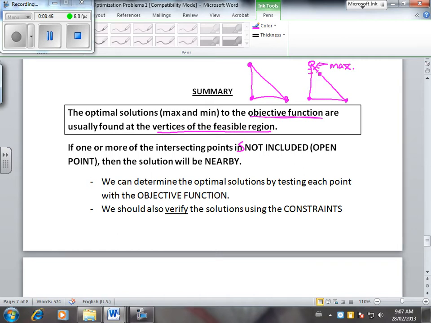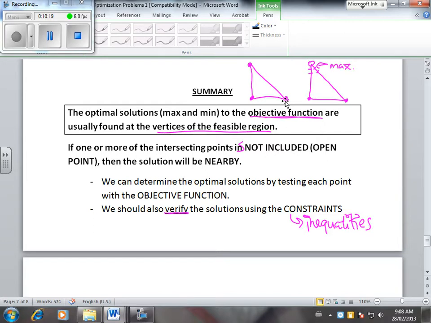And we can determine the optimal solutions by testing each point with the objective function. So what you would do is choose points near the open dot and then test them. And then, again, verify them using the constraints. And the constraints are some of the inequalities. Okay, so with the gas, it would be that they can only produce so much gas a day. With that toy car question, it would be that they can,